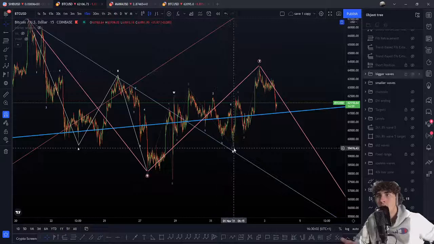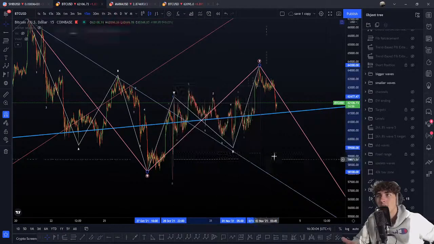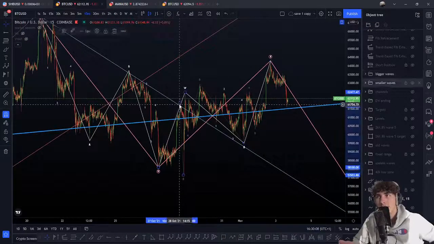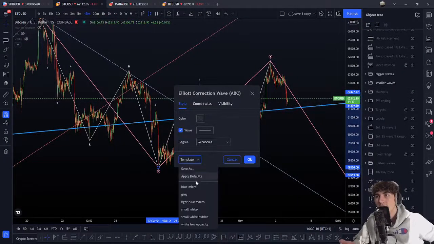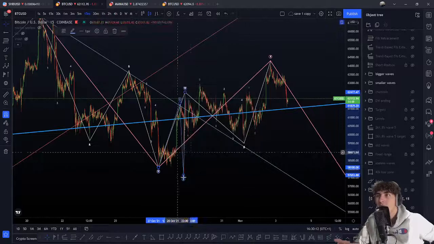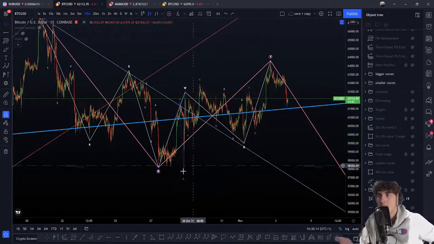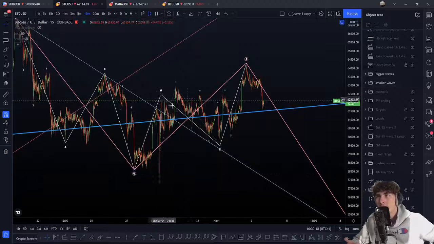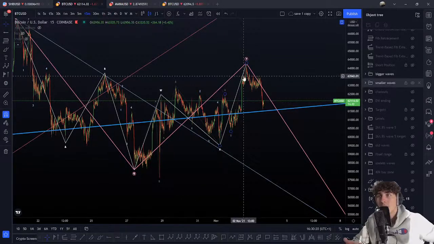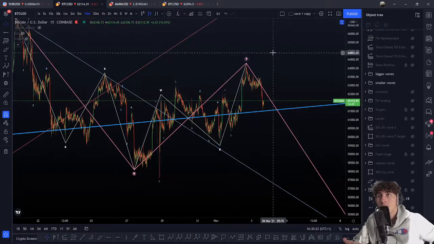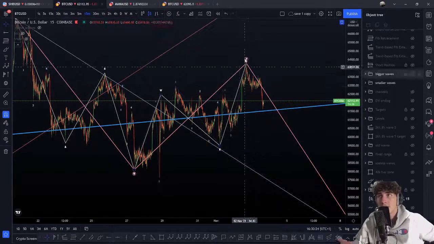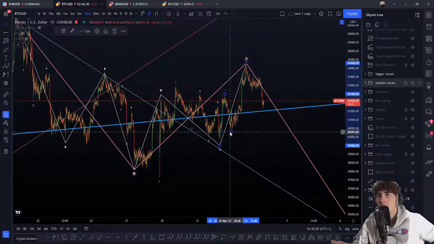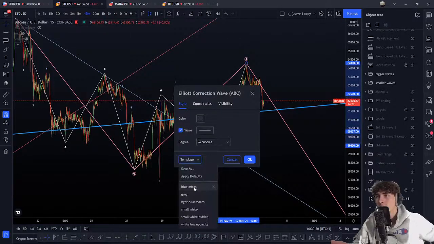Then on the move we have done here, I will place more a WXY like that, so still with another flat inside just right there. Really strange flat, by the way, but the B retracement is not good at all, but this is the only move I can see here. So a W, an X wave, and a C, a Y leg, sorry, to the upside here with the most common patterns here. ABC inside, so I'm going to show that.